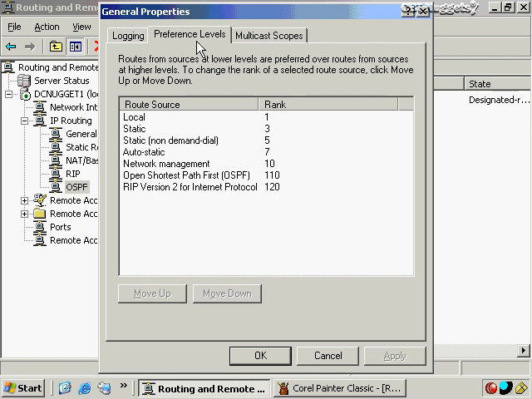For example, maybe you're primarily on a RIP version 2 network and you're just starting to migrate some things over to OSPF with new networking equipment and so forth. Well, if that's the case, then you might move the RIP version 2 Internet Protocol rank down. The lower the number, the higher priority it has. So I might move that down by clicking until it gets below 110, and then now it's got priority over